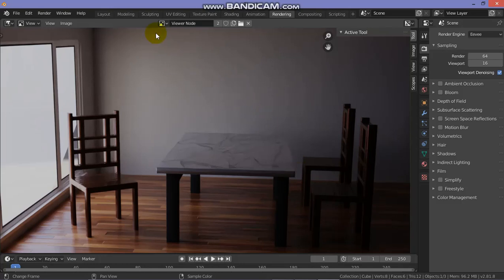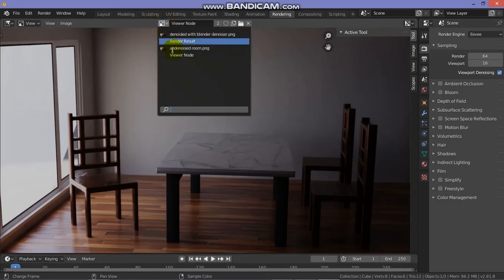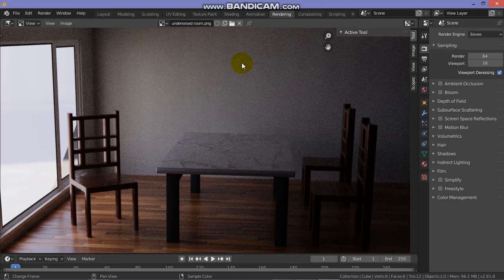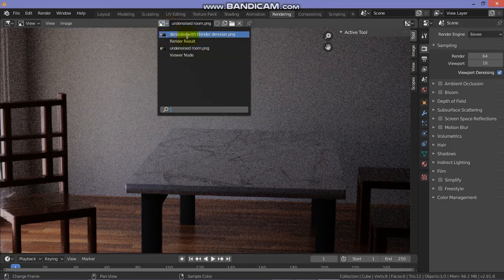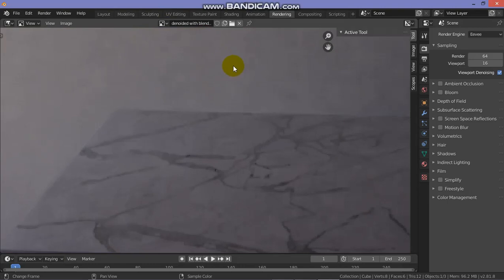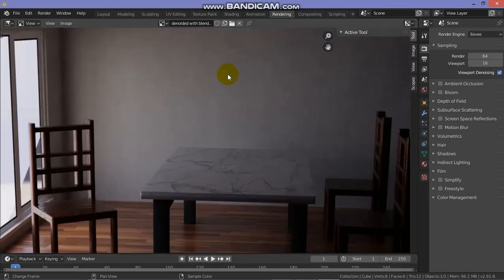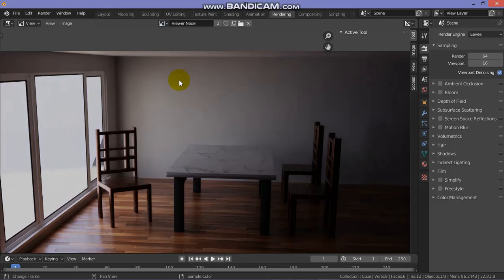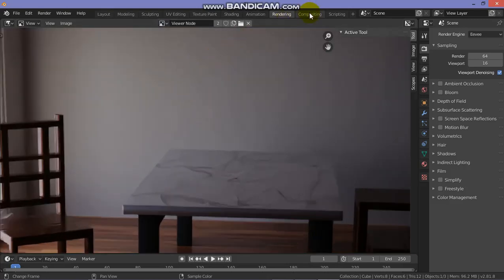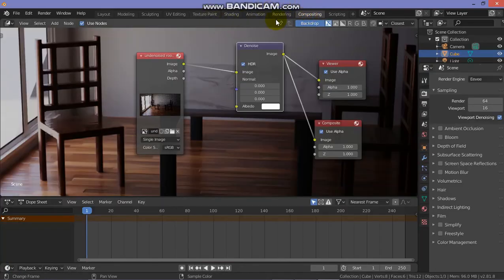And so we have here, you can check on the noisy room, you can see the noise in our room like this. So if we go into our denoise with Blender Denoiser, you can see we have patches on the wall. You can actually see these patches on the wall, yeah. And in the viewer node, which is the denoised image,